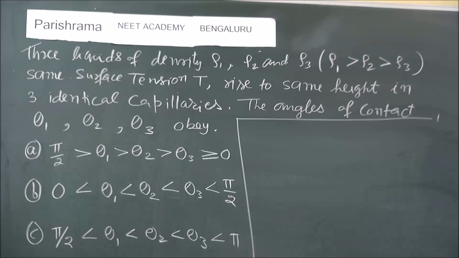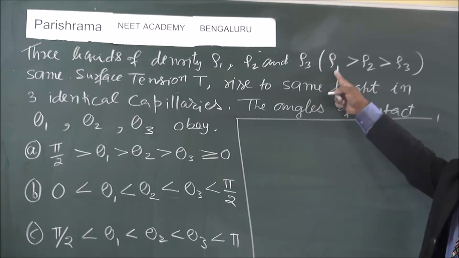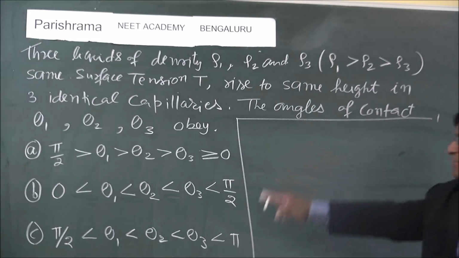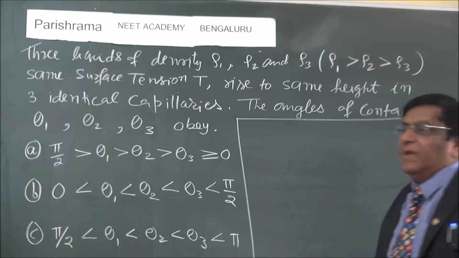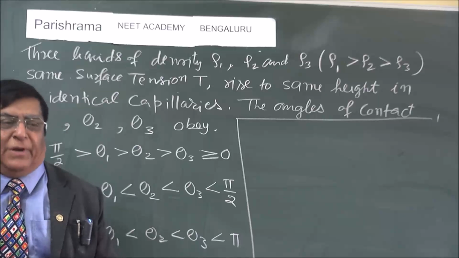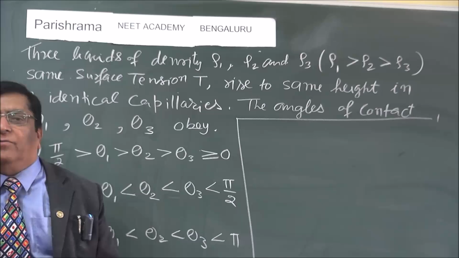In this question, there are 3 liquids with densities rho 1, rho 2, rho 3, and rho 1 is the highest density, then lower. Same surface tension for all of them, surface tension T. They rise to the same height in 3 identical capillaries. The angles of contact are different: theta 1, theta 2, theta 3. What is the relation between theta 1, theta 2 and theta 3? Which are the quantities involved? The case is that a liquid is rising in a capillary. The quantities involved are surface tension,